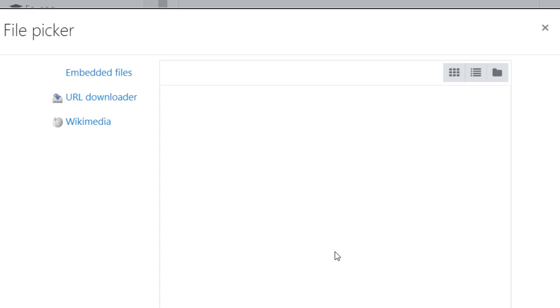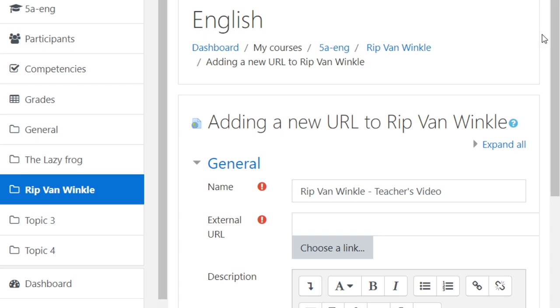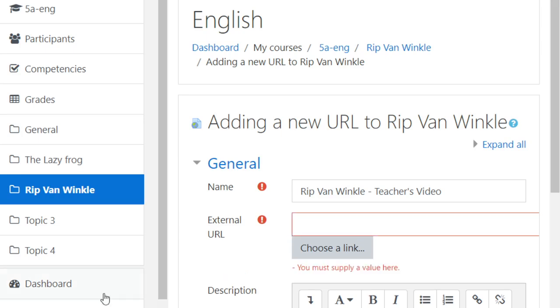Then from here you can click on choose link, then the link will be taken from there, or even you can copy the link and paste it here. Have you got that? Copy the link. So what you will do, you will click on the external URL here, and it will be easy for you to copy and upload the link here.